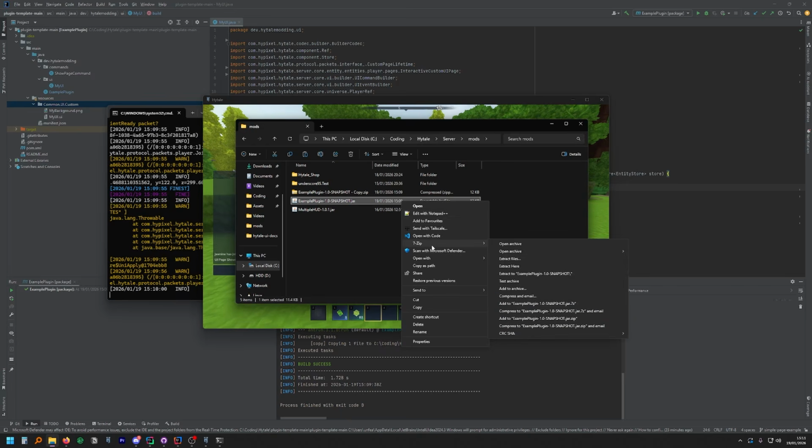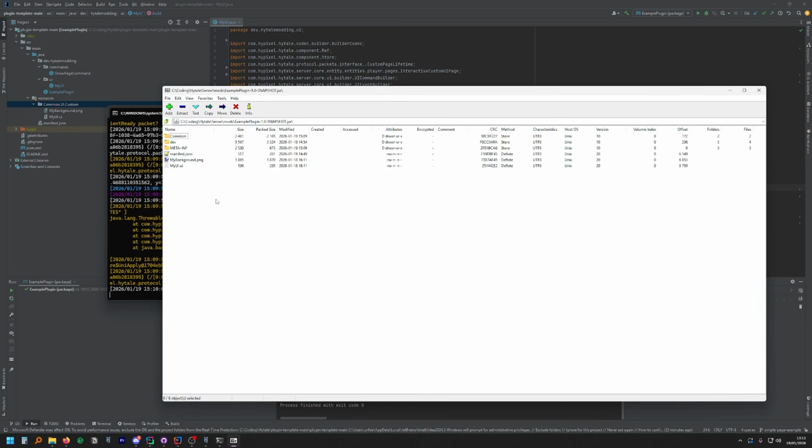So go over down here to 7-zip, open archive. This is everything inside your plugin. You can just ignore these files here. This is just because I didn't delete the file before rebuilding it. So because I moved everything, I've now got 2 versions of UI. But if I go over to Common UI Custom, then you can see that I've got my UI in this folder here. If you don't have your UI here, then